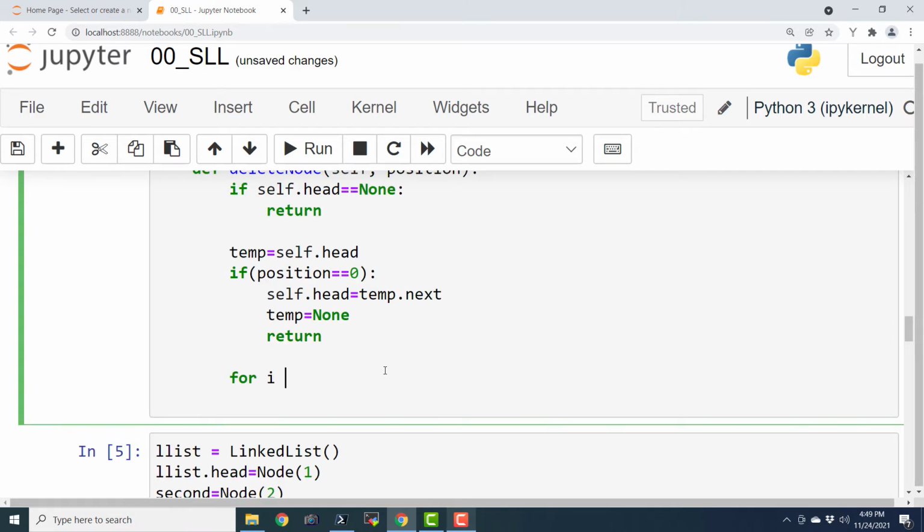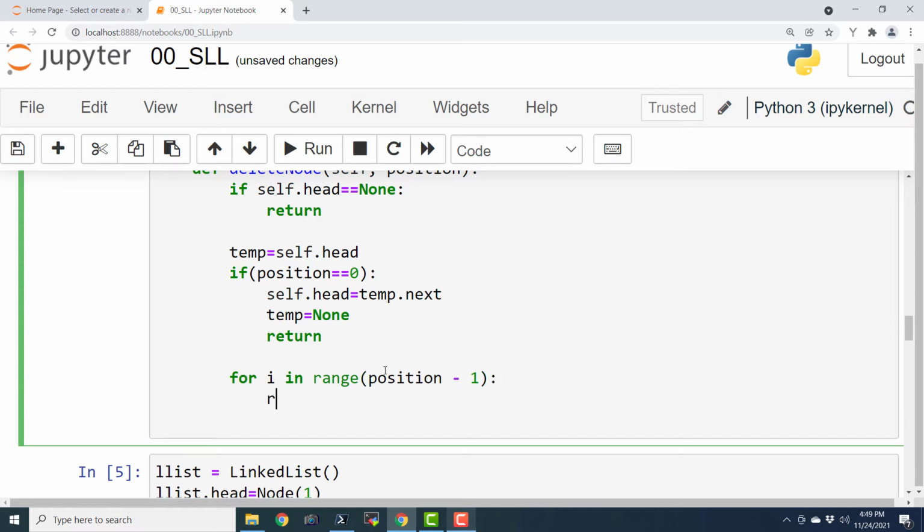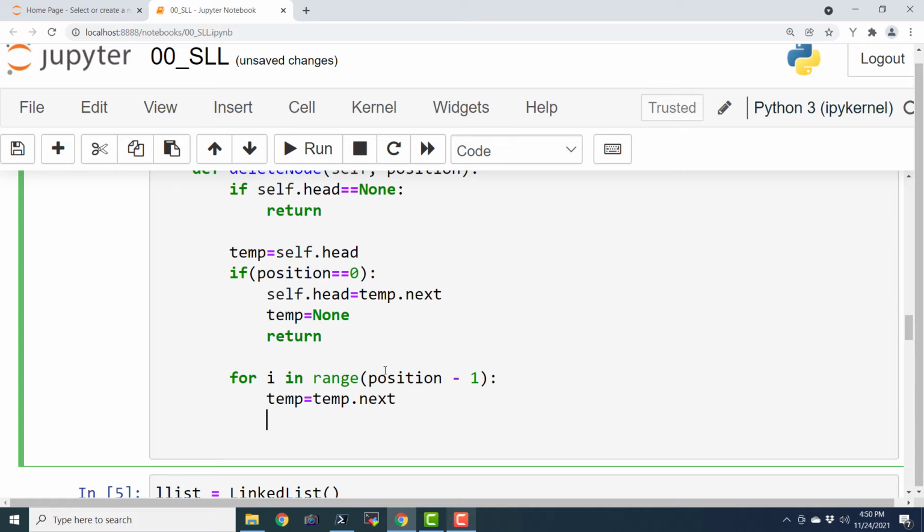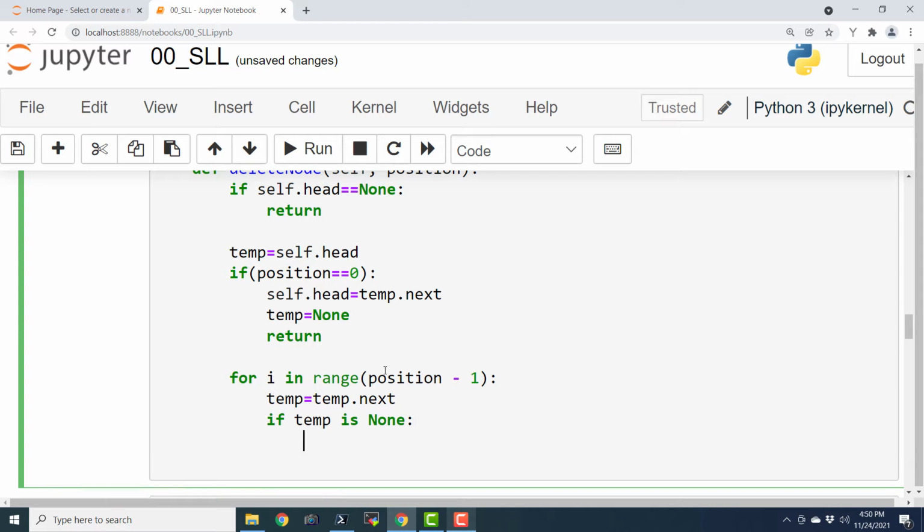For i in range position minus 1, temp equals temp.next, and if temp is None then break.